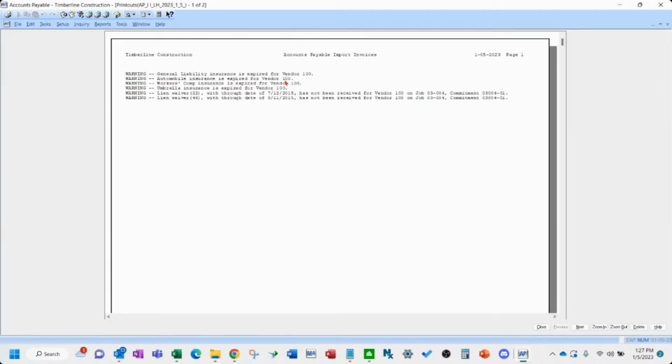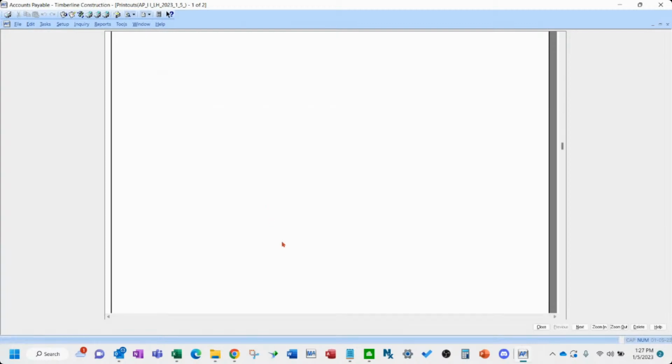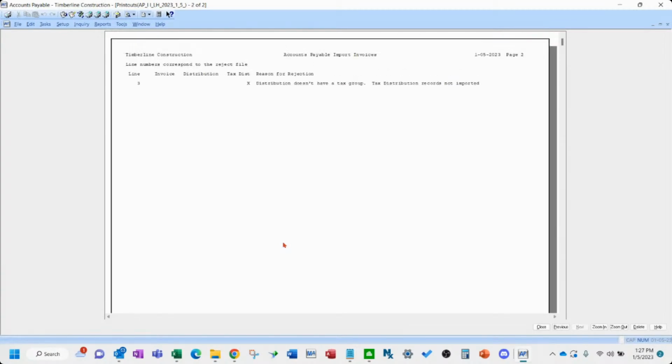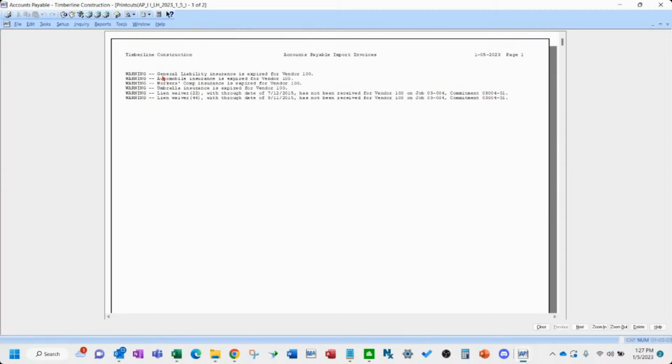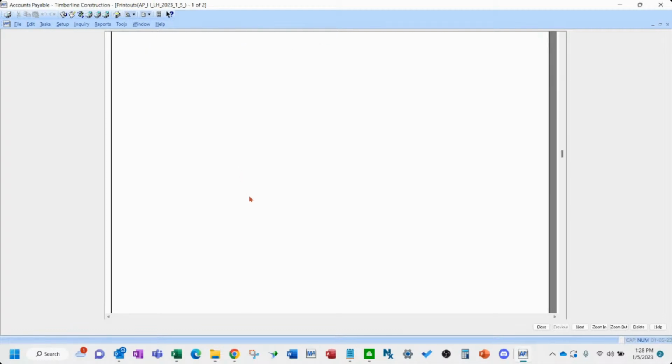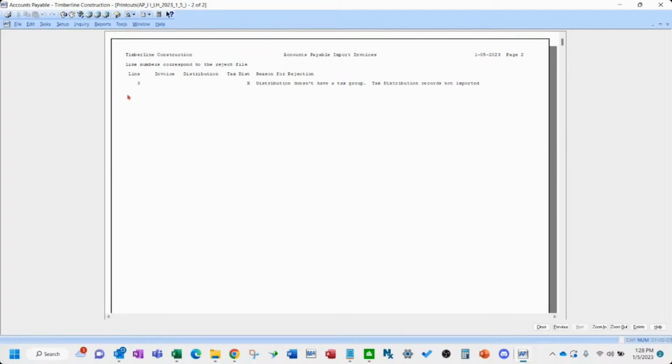There are some warnings happening on that specific vendor. Scroll down, sometimes page 2, distribution doesn't have a tax group. So I've got a tax group setting issue. The system first checks for your different warnings, and then it'll tell you on page 2 what has actually happened.